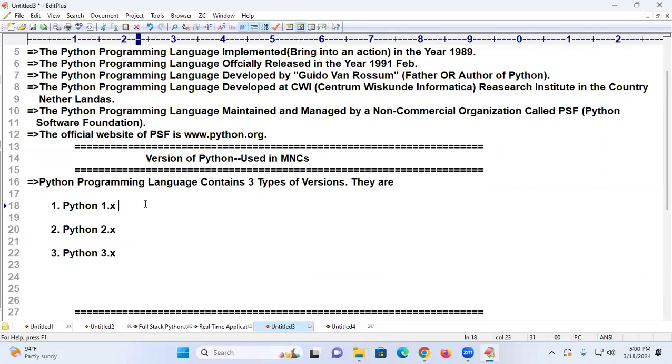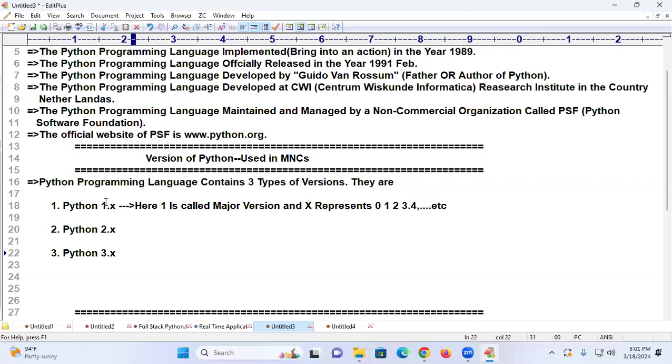What is this one? Everybody must understand here. Tell me, 1 is called what? Very good, major version. And x represents, see students, one minute, x represents 0, 1, 2, 3, 4, 5, etc. I'm just writing like this. How can you spell this out? 1.0, 1.1, 1.2, 1.3, something like that. Are you able to follow?